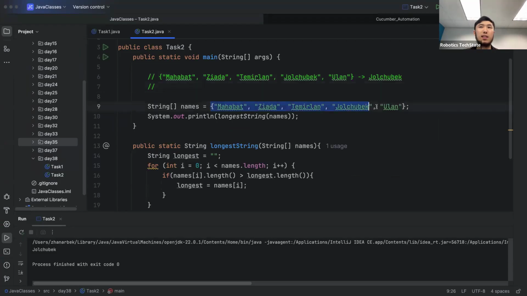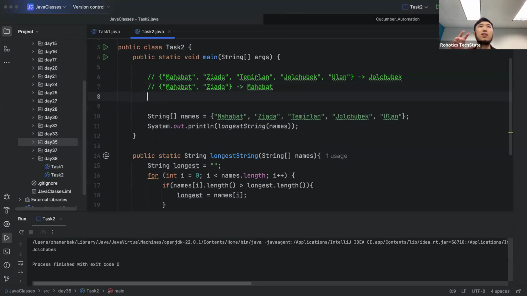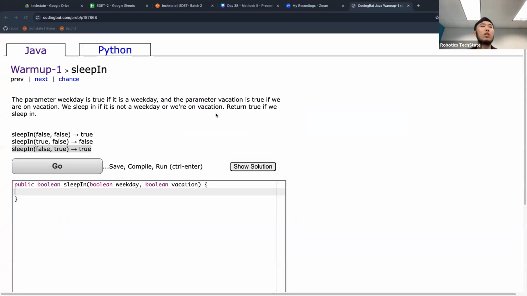Then another test case: if we have only these names, then the result should be this name. So these are the test cases. If you have this input, then the output should be this. So here, if the inputs are false and false,